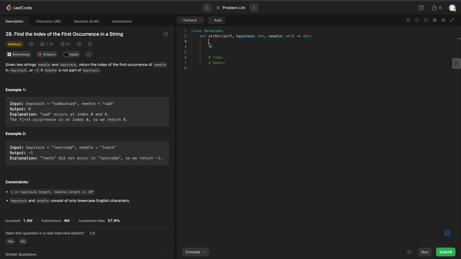Welcome back, everyone. We're going to be solving LeetCode 28, find the index of the first occurrence in a string. So we're given two strings, needle and haystack. We need to return the index of the first occurrence of needle in haystack, or -1 if the needle is not part of our haystack. So given the haystack "sadbutsad" and the needle "sad", we would return 0 because sad occurs at index